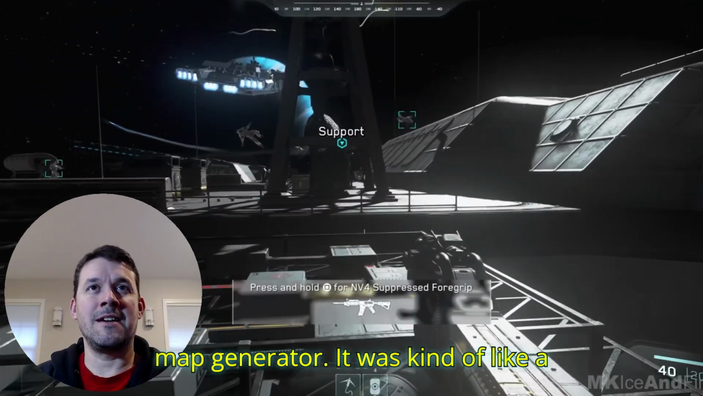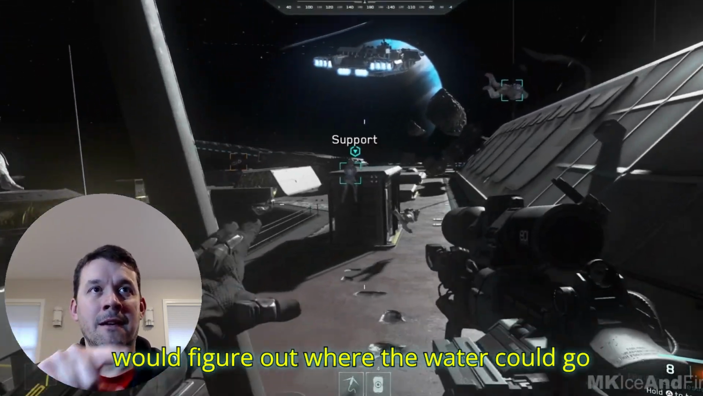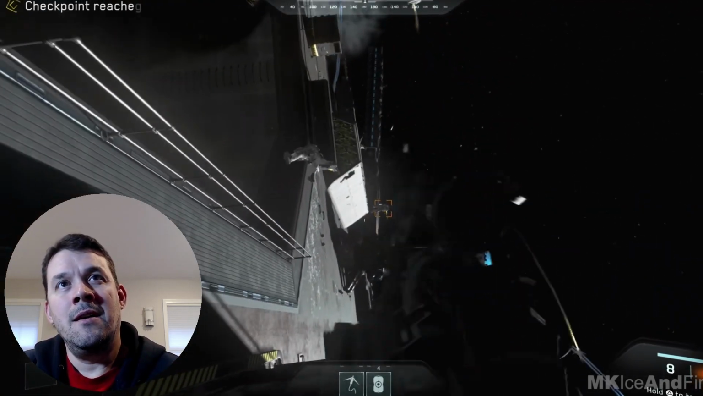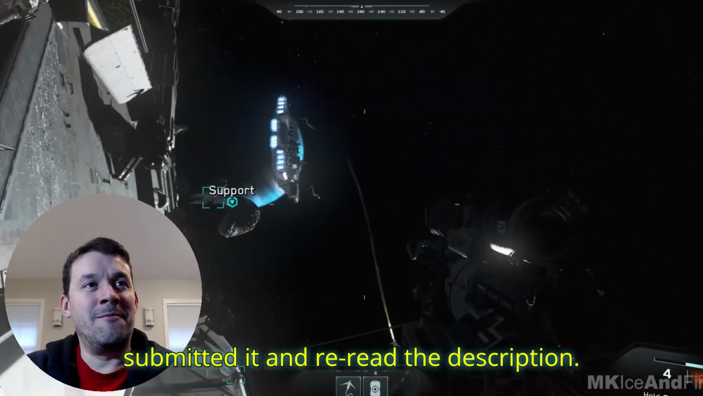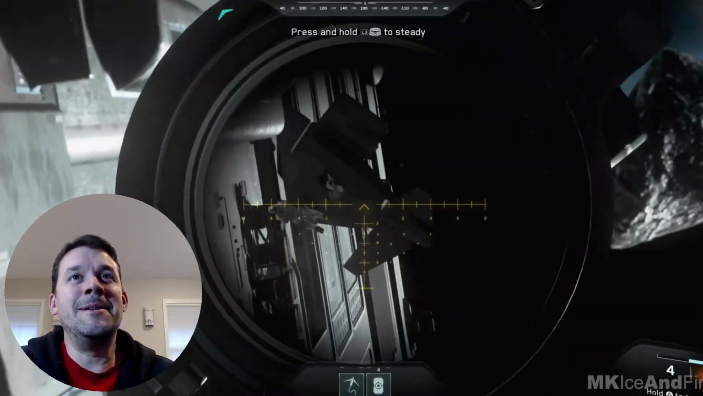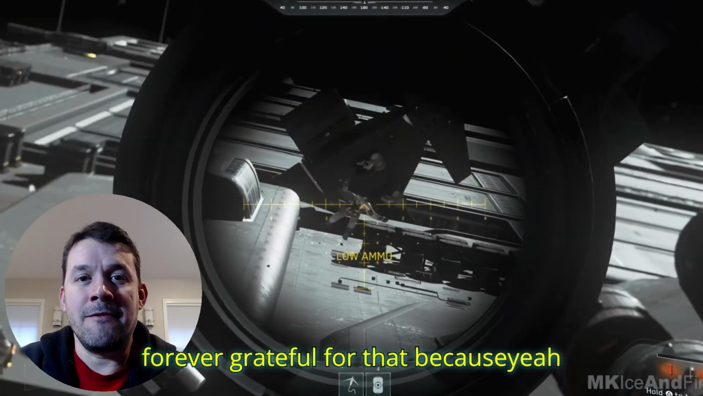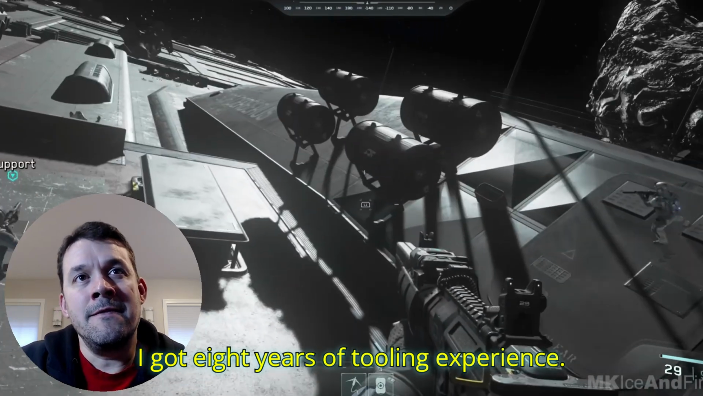generator. It was kind of like a Minesweeper thing where you click and it would figure out where the water could go in the space, and I felt like it failed miserably after I submitted and reread the description. But these guys took me on, and I'll be forever grateful for that, because I got 8 years of tooling